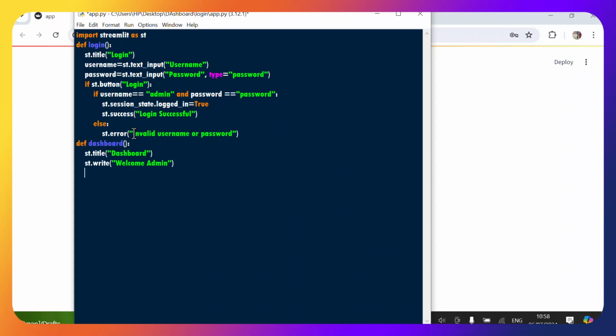Still on this, we're going to have a button, so we're going to say if st.button, then we're going to give it sign out. If that button is clicked, we want to reset the session state to logged out. So we're going to say st.session_state.logged_in, we're going to set it to false. This will log out the user. Then we're going to have a rerun script which will take the user back to the login page. So we're going to say st.experimental